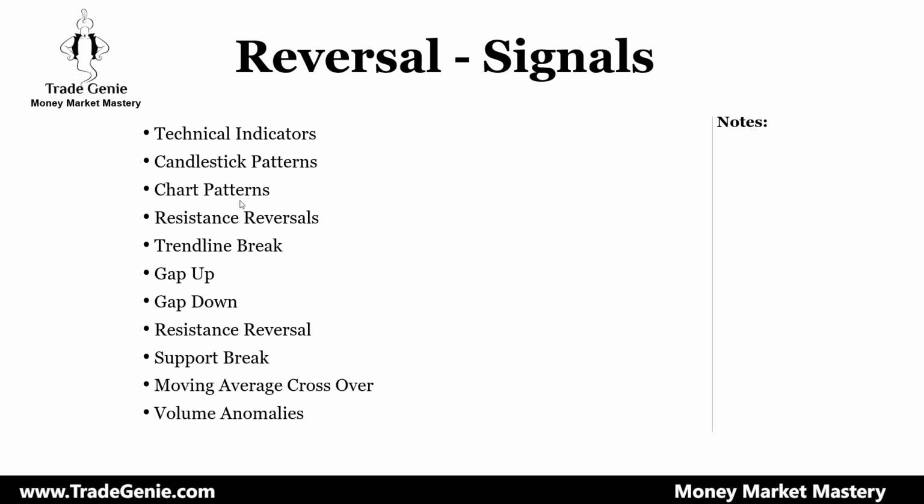Sometimes the double bottom may come as quick as on a 30 minute chart. So what else are you using when you spot the double bottom pattern? What else are you using to help you? So, a combination of techniques. The other reversal signal could be resistance reversal. If you have identified the resistance and you know where it is,